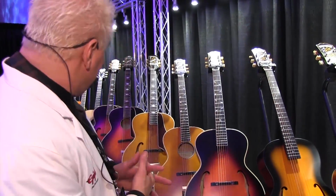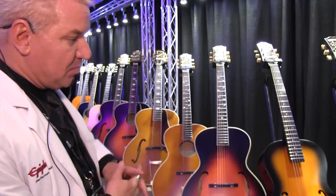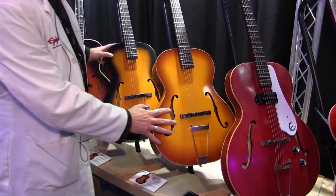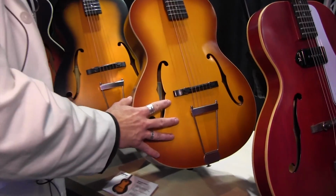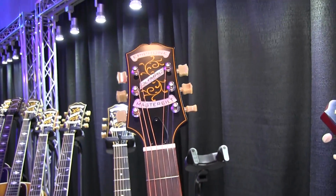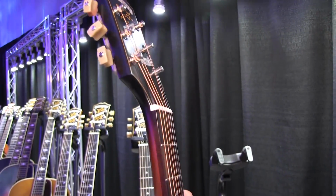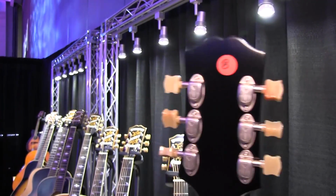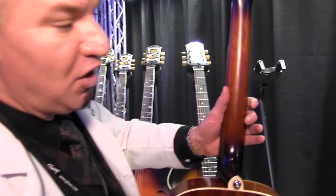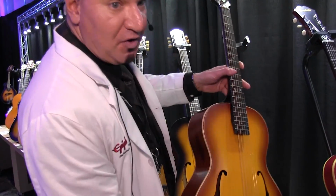We've got 10 models in all, or 10 colors. I've got about 7 of them here to show you. First of all, we'll start with the smallest one, the beginning of the line. It's the Masterbilt Century Olympic. Notice it says Olympic up here on the headstock. A nice vintage inlay. Look at the back of the headstock. We replicated our 1930s tuners cover, but under that is our 18-to-1 ratio vintage deluxe tuner that's super accurate and